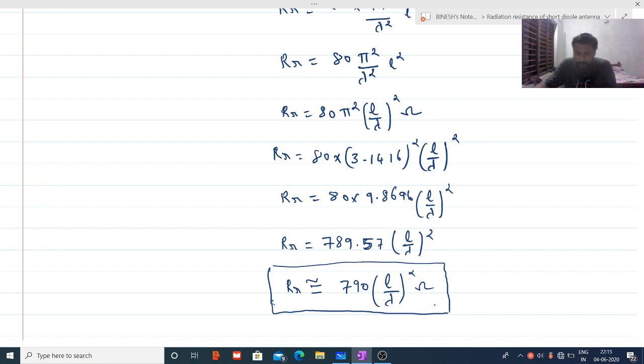One is nothing but the real part and the other one is the reactive part. As I told you, the real part is equal to the power radiated and the imaginary part is equal to the reactive power. That is what I explained while introducing the antenna, the average Poynting vector. You will get both the real part as well as the imaginary part. The real part is given by the power radiated and the imaginary part is equal to the reactive power.